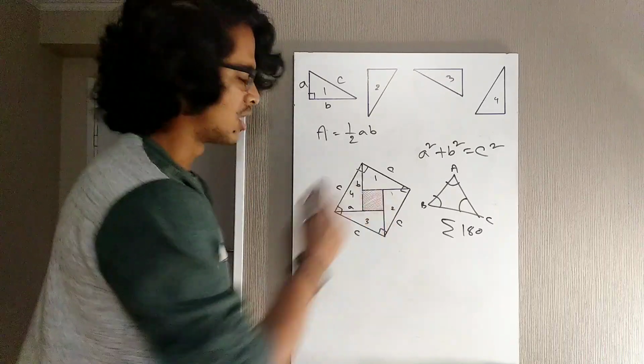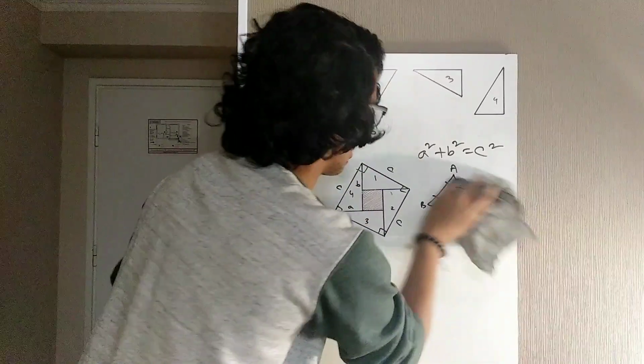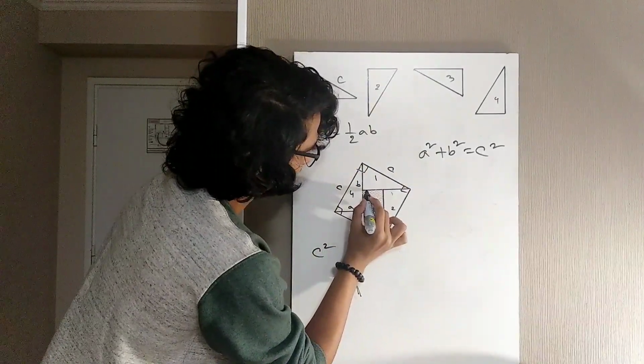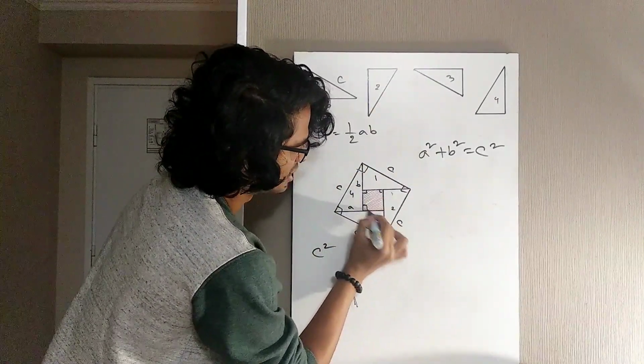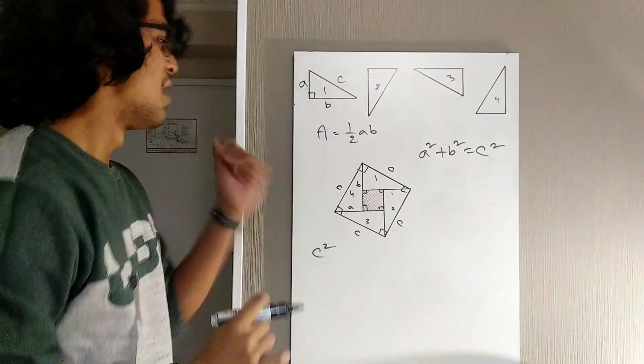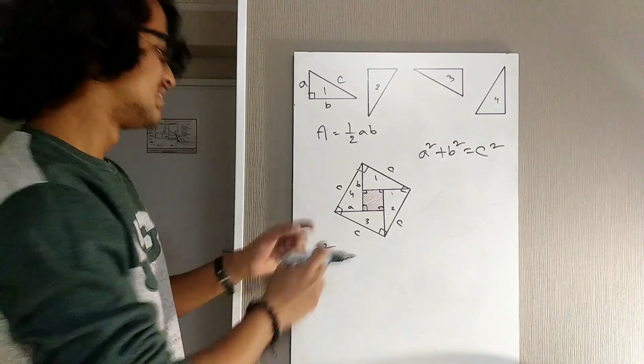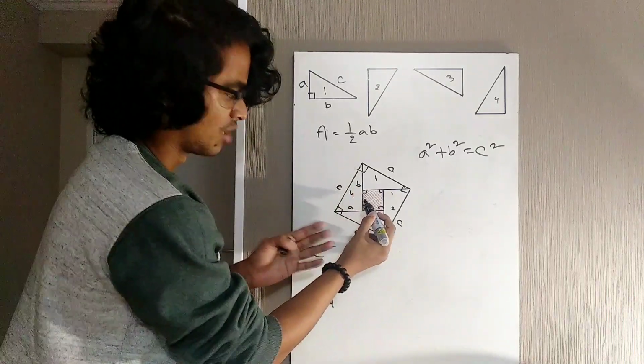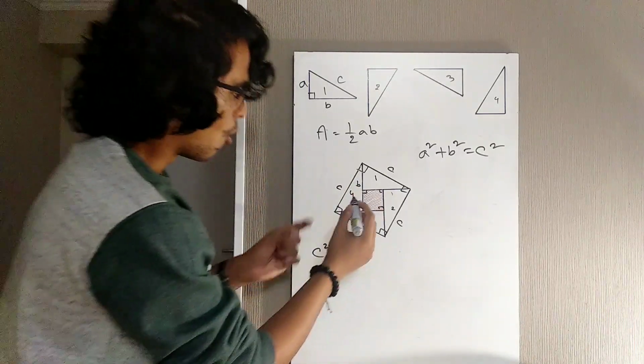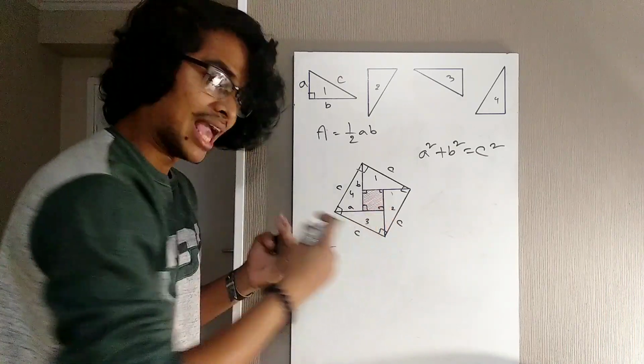Now, what about the smaller square? I was talking about the smaller quadrilateral. We still don't know whether it's a square or not. This is a smaller, shaded quadrilateral. So all the four angles are actually 90 degrees.